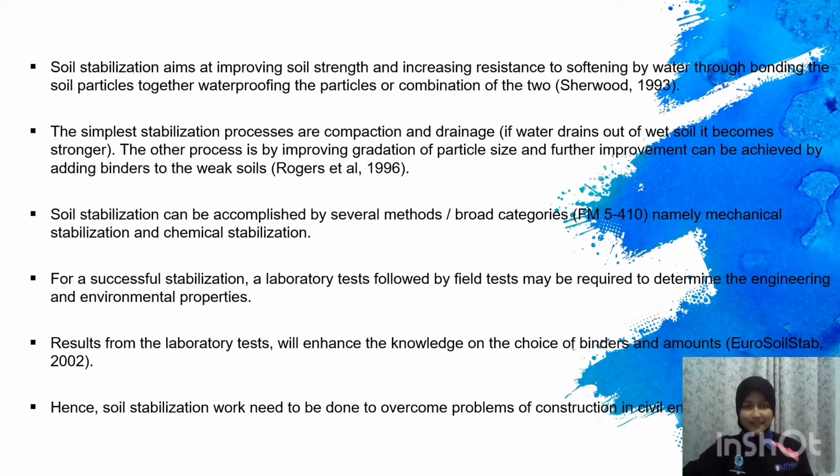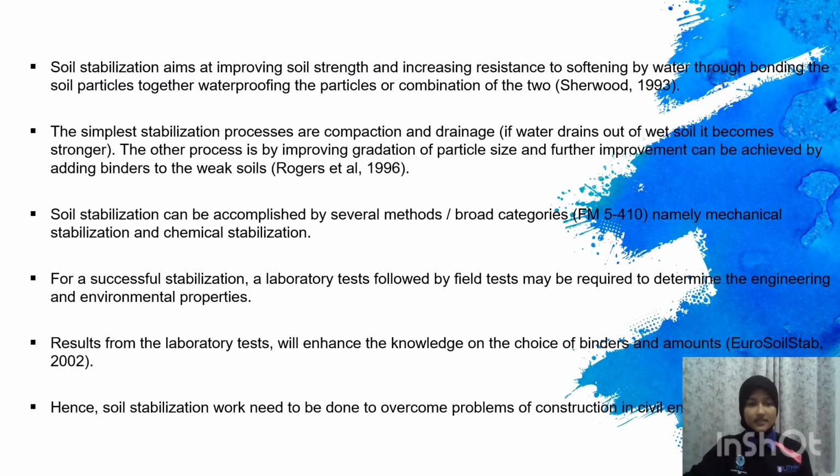Basically, soil stabilization aims at improving the soil strength and increasing the resistance to softening by water through bonding the soil particles together, waterproofing the particles, or a combination of the two. The simplest stabilization process is divided into two, which are compaction and drainage. As we all know, soil will be stronger if it is dry and weaker if it is wet. And soil stabilization can be accomplished by several methods or broad categories, which are mechanical stabilization and